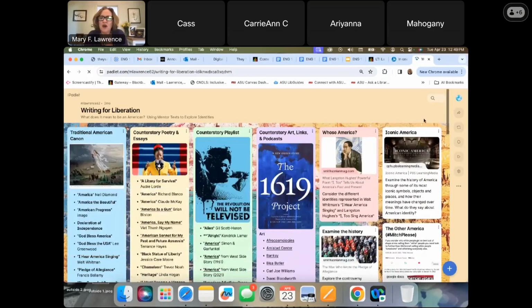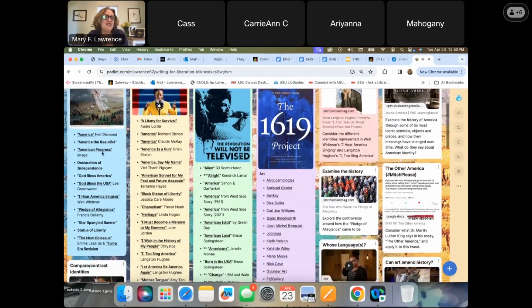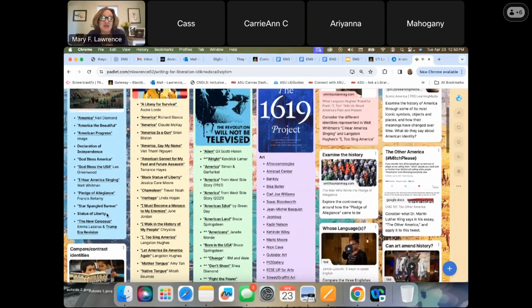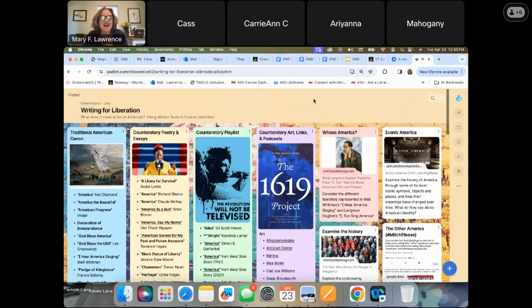Essentially, different representations of what it means to be American in art, in music, in poetry, in essays. The far left column is referred to as the traditional American canon, or you could also say that's the dominant narrative of what it means to be American. These are some of those songs like God Bless America, the Declaration of Independence, America the Beautiful. And then we think of symbols like the Statue of Liberty. And then over here, a long list of differing viewpoints to that dominant narrative. I'm going to ask you to choose one of these a little later for your writing activity, but here's